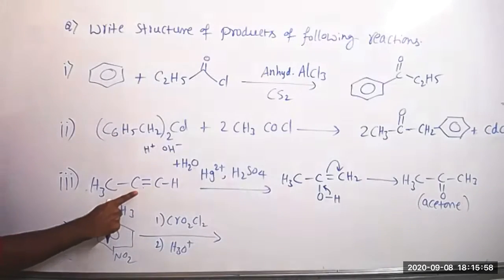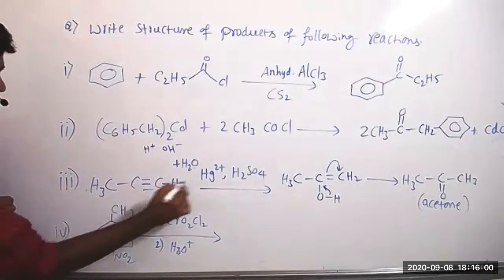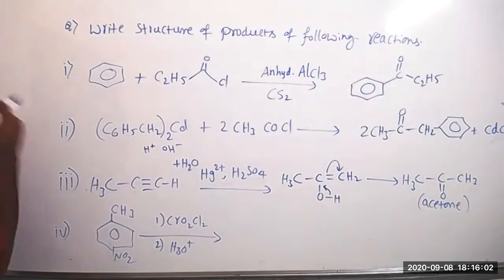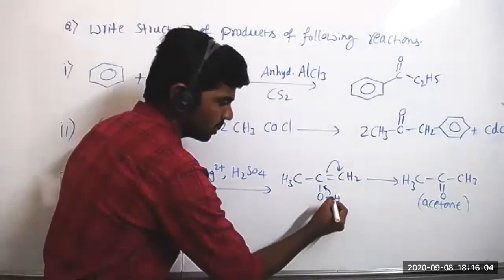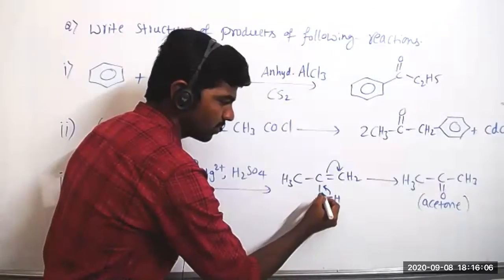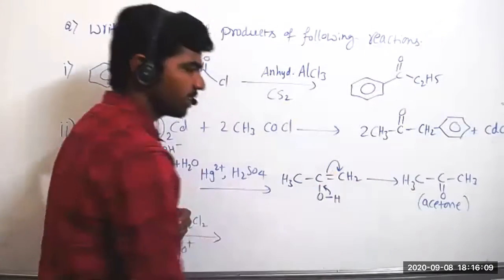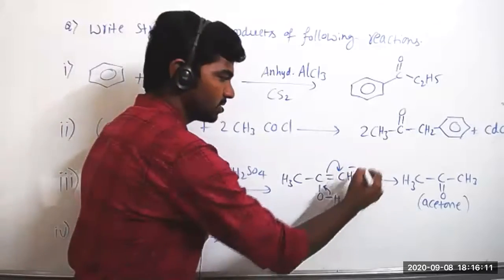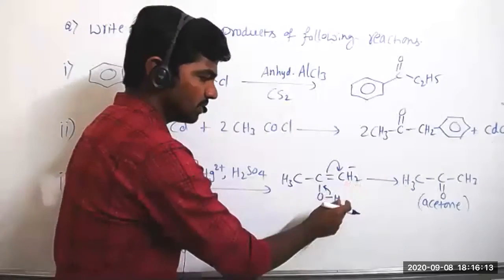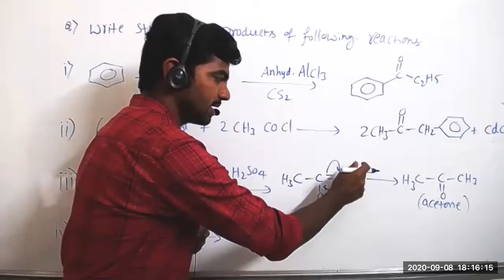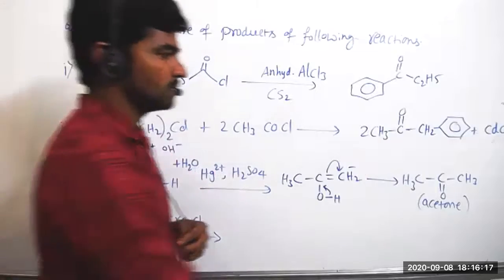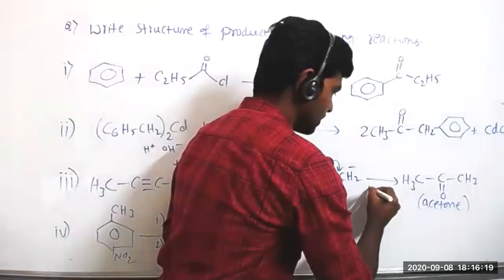So 1 bond is lost. Still there are 2 bonds in the product. The next step, isomerization. So this bond pair of electrons shifts here, so it becomes double bond O, and this bond pair shifts to the carbon side. This gets a minus charge. To fulfill this minus charge, H plus comes out from here and is attached to CH2. So it becomes CH3. This is isomerization.